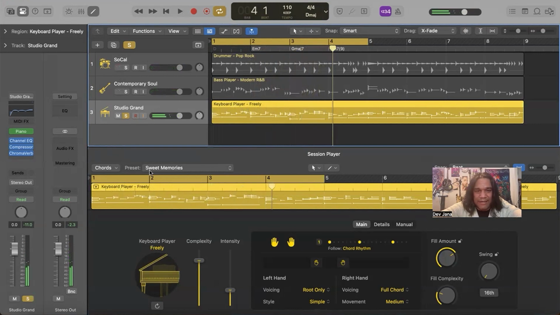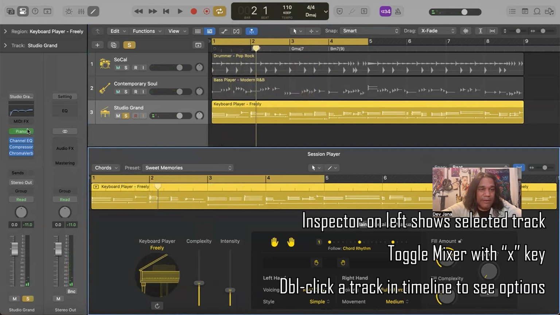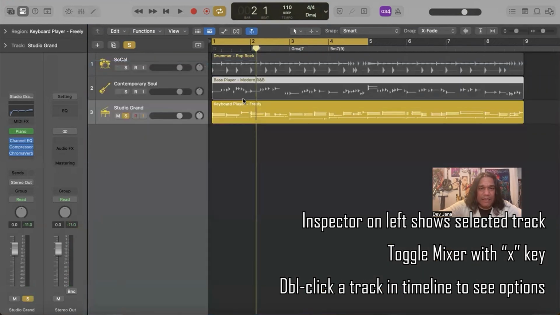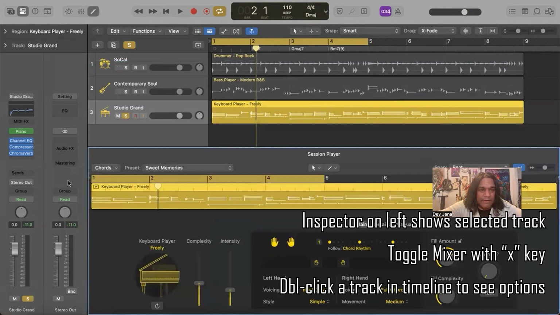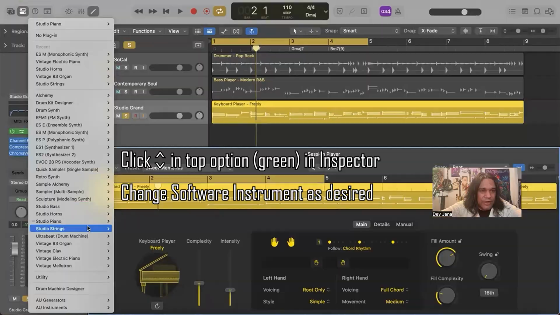I mean, it just sounds really mid. That could be cool if the sonics were a little bit different. So over here where we see how it would look in the mixer, and if you want to see the whole mixer, you can toggle that with X. Oops, go back to this interface. But I tend to often just use this on the side. This is the instrument itself. Let's try